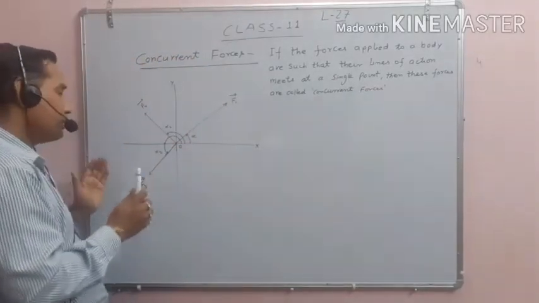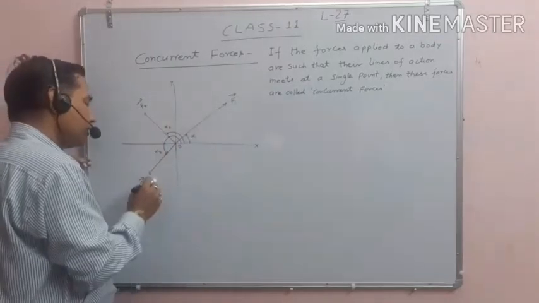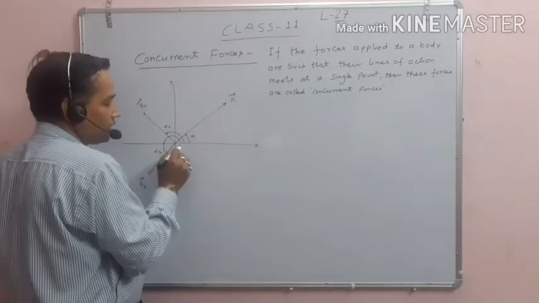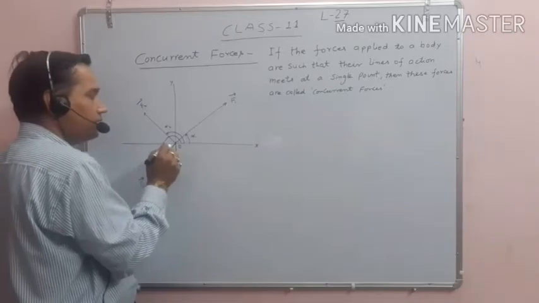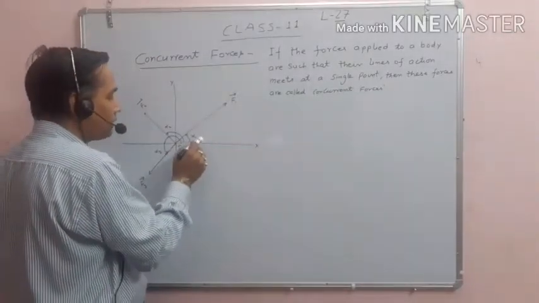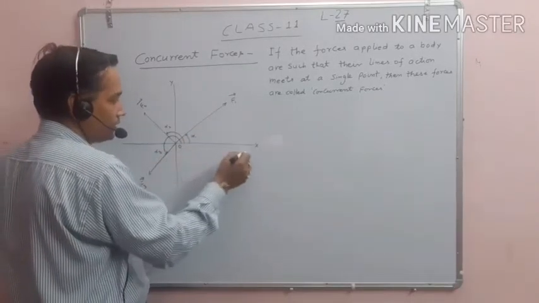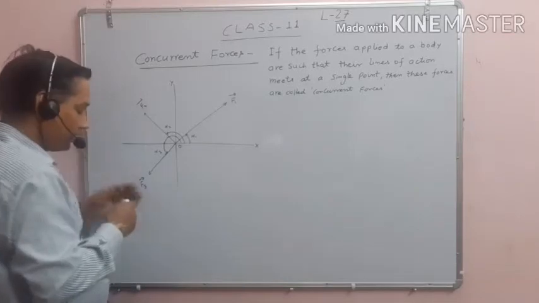In this diagram you can see three forces F1, F2 and F3 acting at the same point O. For this reason they are called concurrent forces, and they make angles alpha 1, alpha 2 and alpha 3 from the X axis. So the resultant